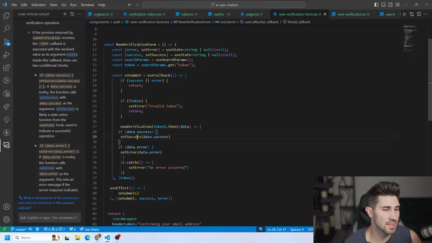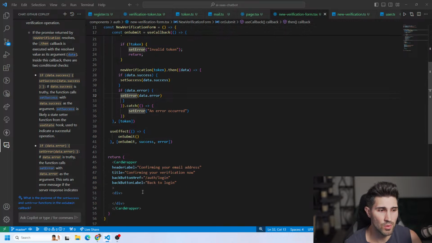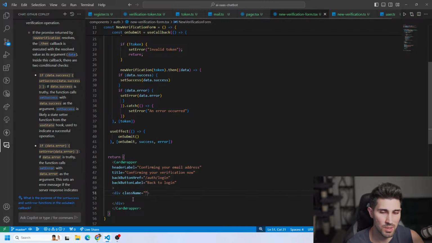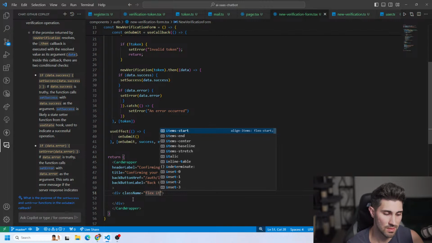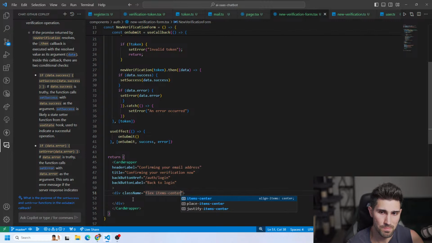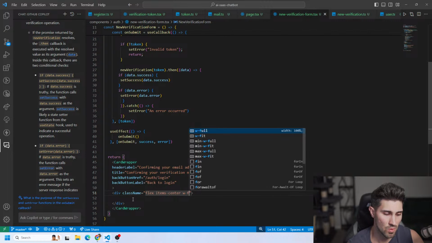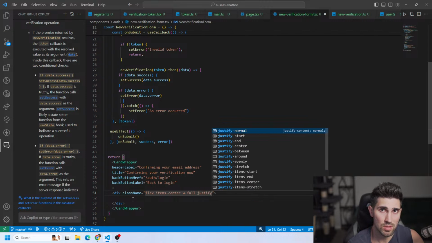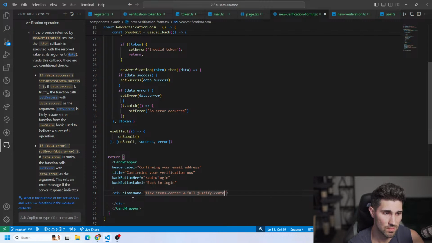So after we set success and set error, we actually need to display these. To do that, we need to come in the div, and I'm going to take some styles from my other code. So we're going to say flex, items-center, w-full, justify-center. That's actually just making the card centered. It's making all the content in the card centered. And then what we could do is if error,